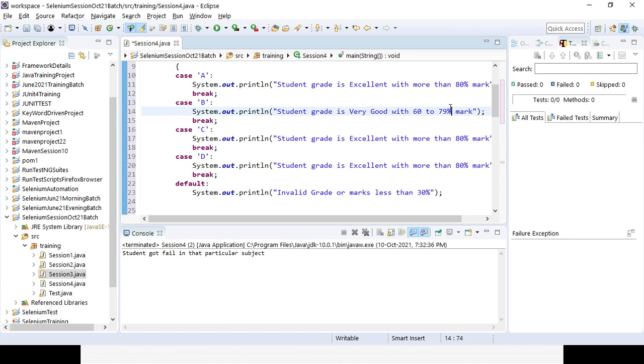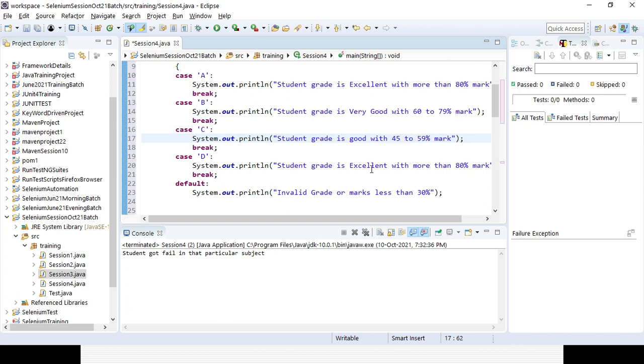Here I can say student grade is good with 45 to 59% mark.